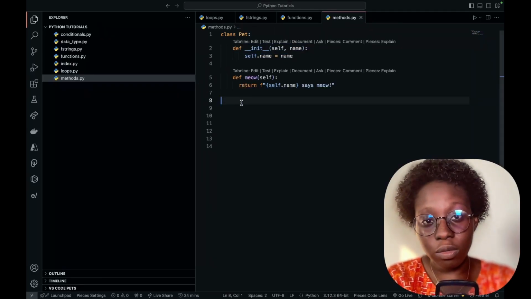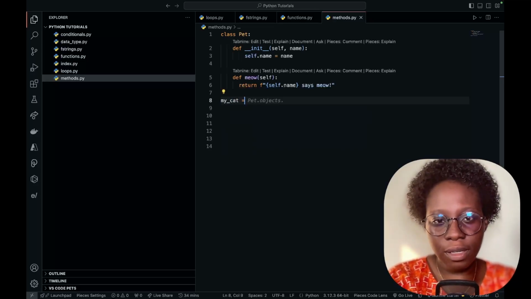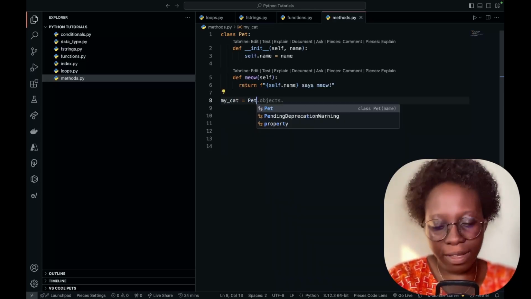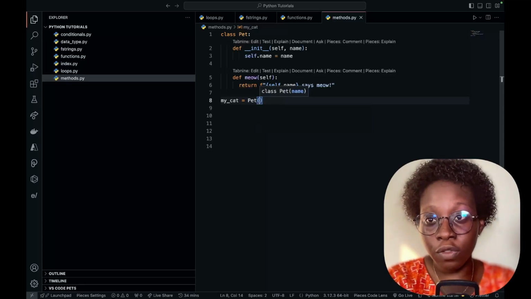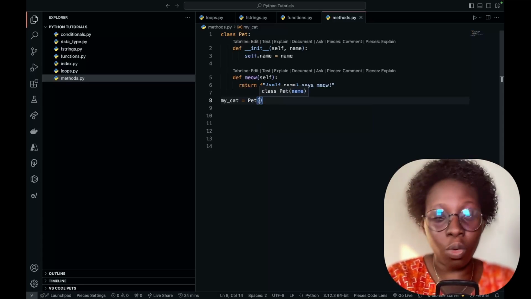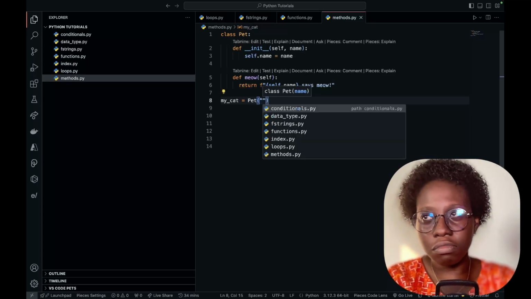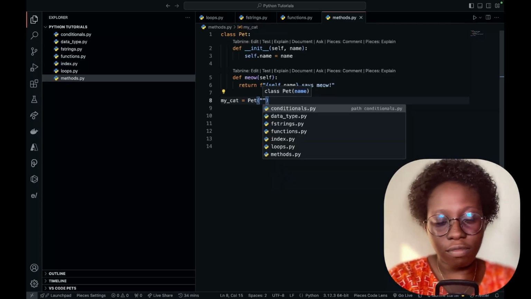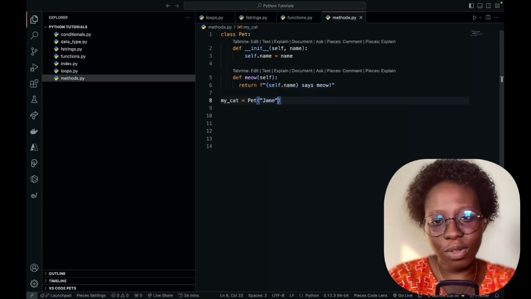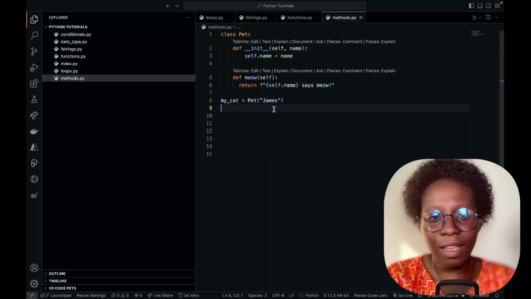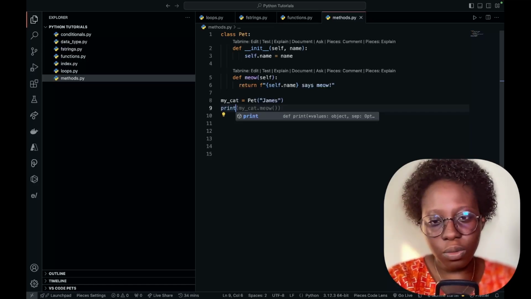Okay, let's call this class: my cat equals Pet, and let's pass the name of the pet as the parameter or as the argument, and let's say James. Yes, James. And let's print this. Once we do this,